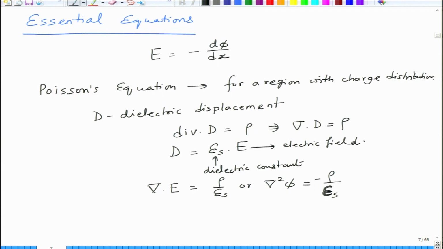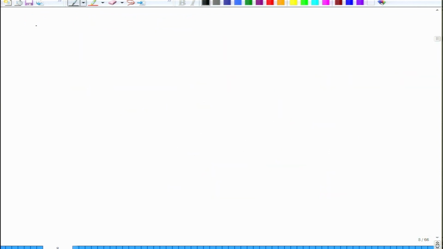So, basically Poisson's equation says that del of E, or divergence of E, is equal to rho divided by epsilon S. Rho is the charge density. So the divergence of the electric field is basically proportional to the charge density in the material. This comes from the basic physics, right. So now, in the context of a p-n junction,